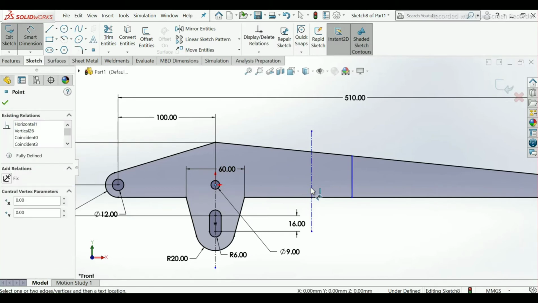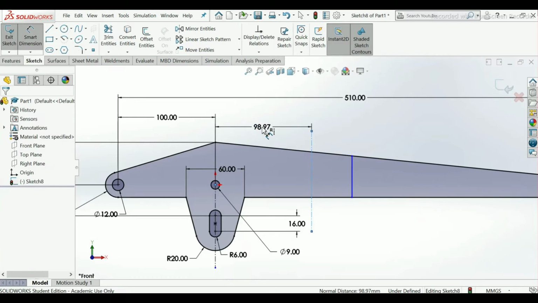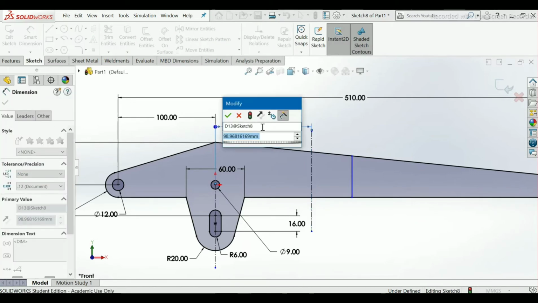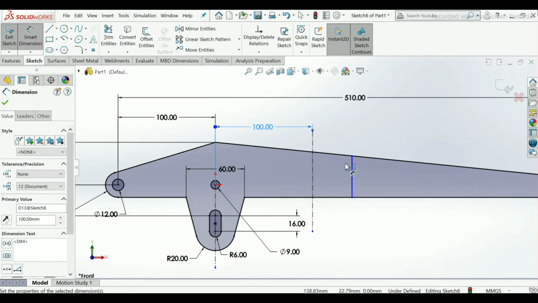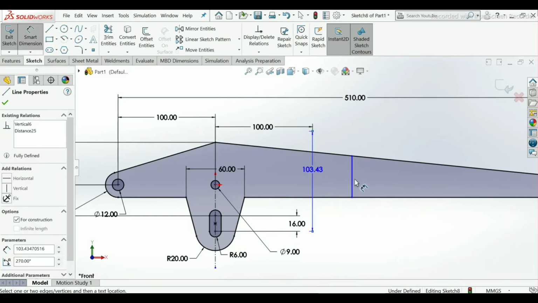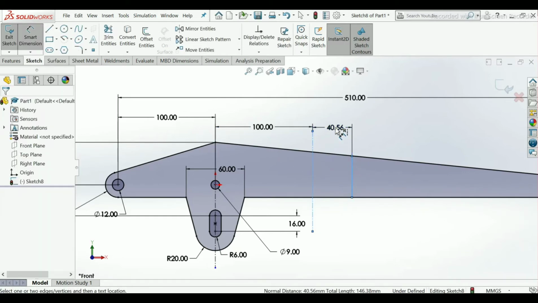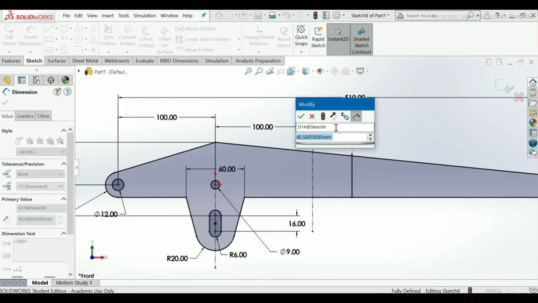Select this point and this line, make it 100 mm. Select this line and this, make it 25 mm.